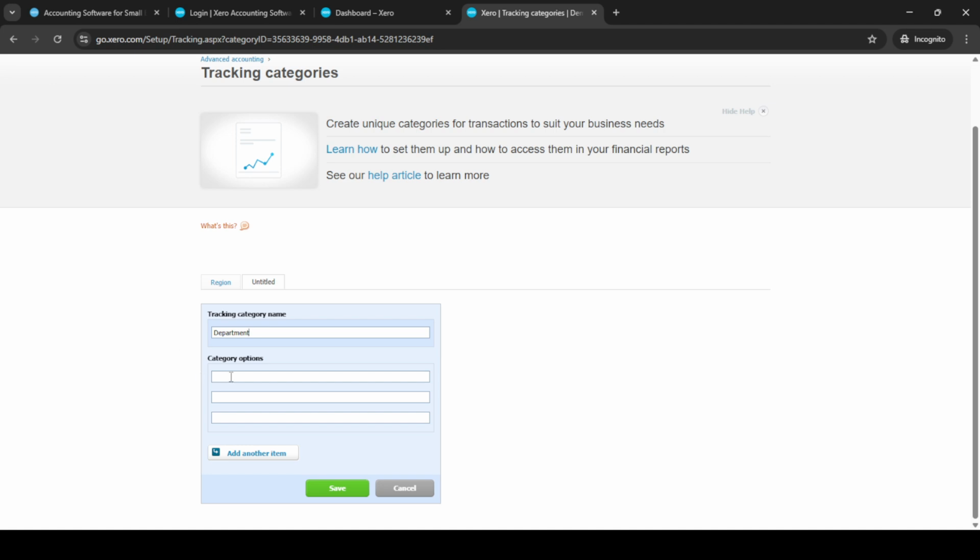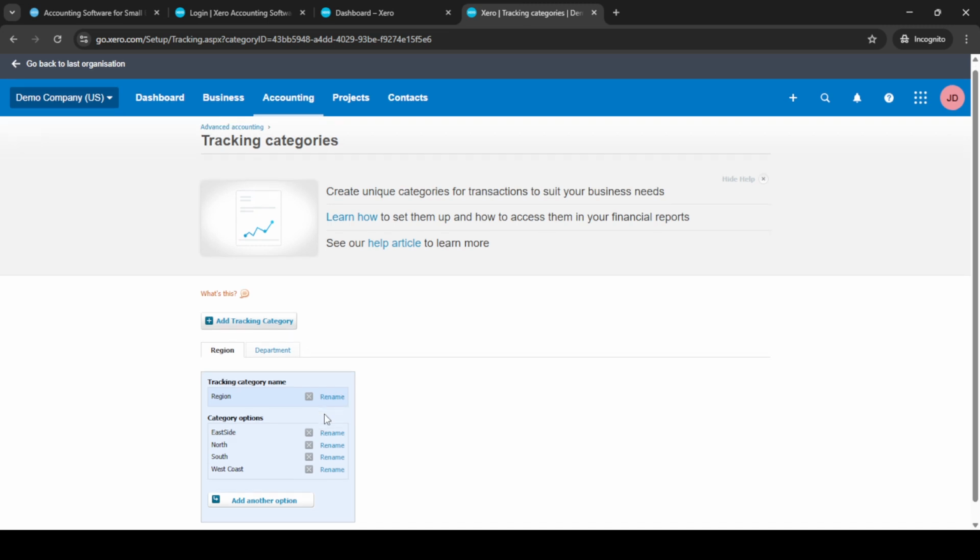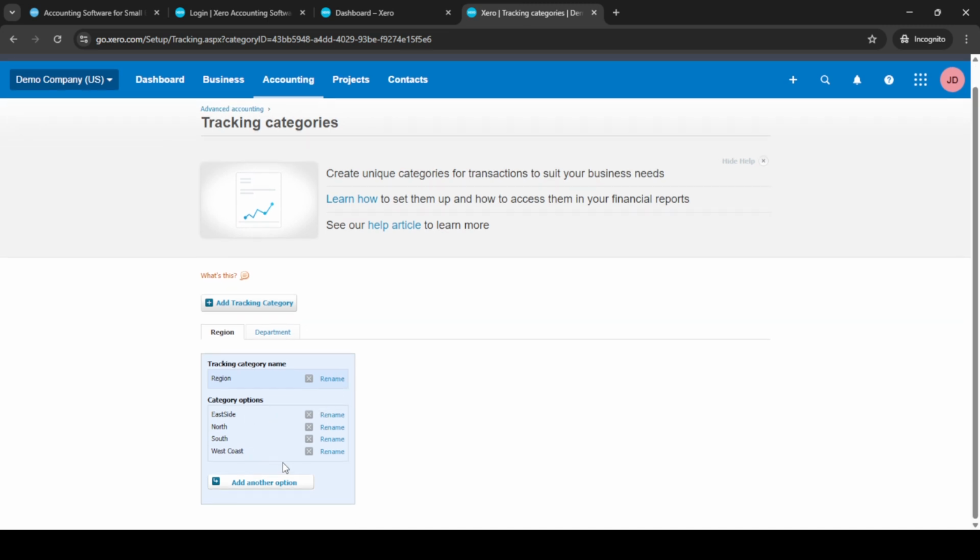It's important to save your work so that it becomes active and available for use immediately. Now that your tracking category is set up, you can use this feature in your invoices and bills within Xero. This allows you to allocate specific transactions to different parts of your business, making it easier to analyze and report on later. By using tracking categories, you can gain enhanced insights into your business's financial performance, helping you make more